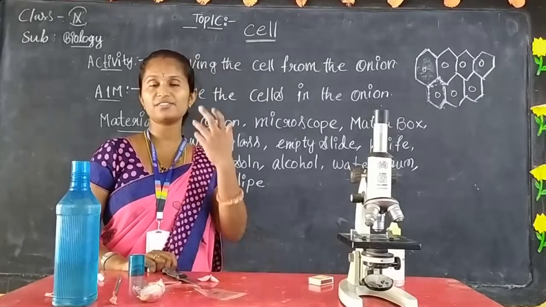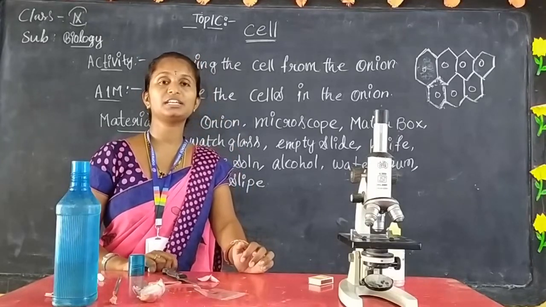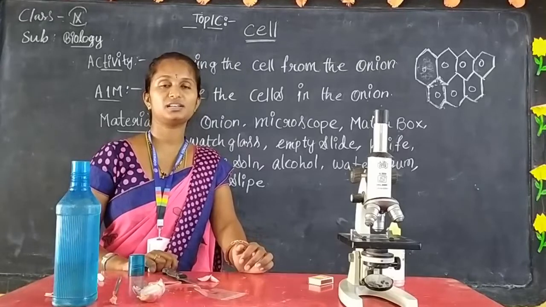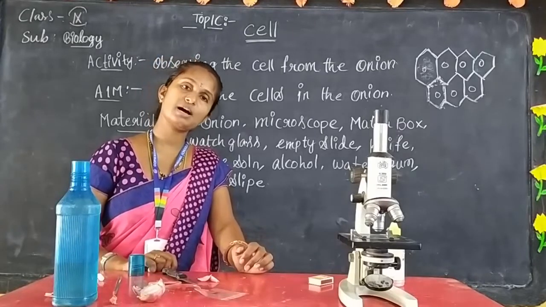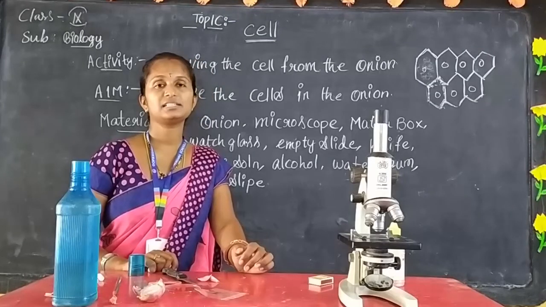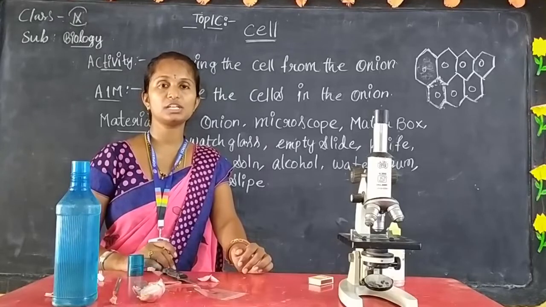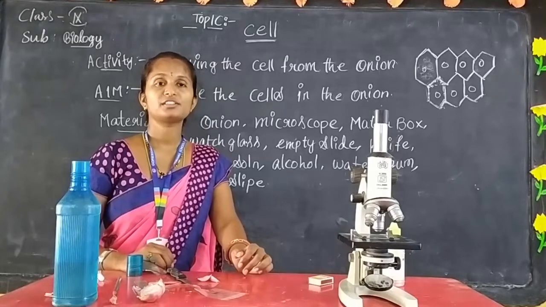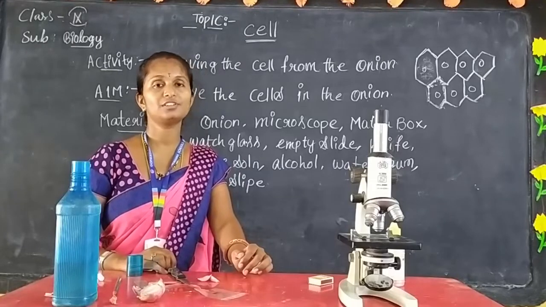They collected saliva from our mouth and checked whether the shape of the cells is the same or not, whether every cell has the same organelles or not. Like this, the researchers and scientists concluded that the cell is the basic unit of life. That is what we discussed in the first lesson, that it is the fundamental unit of life.